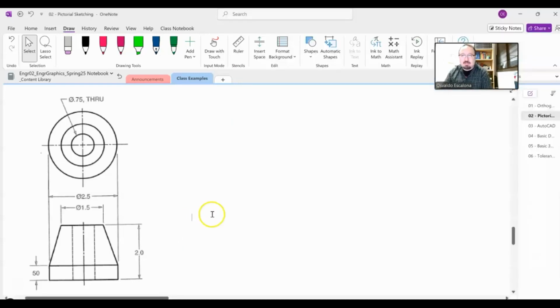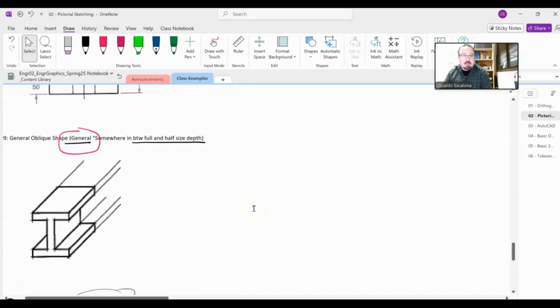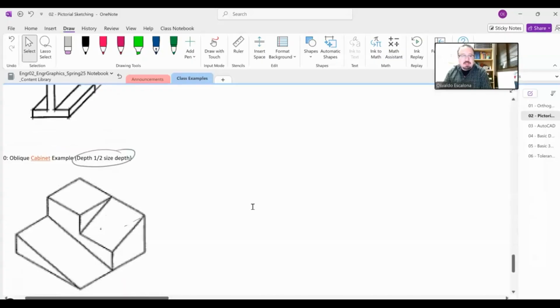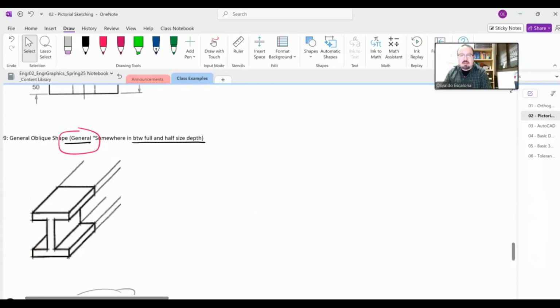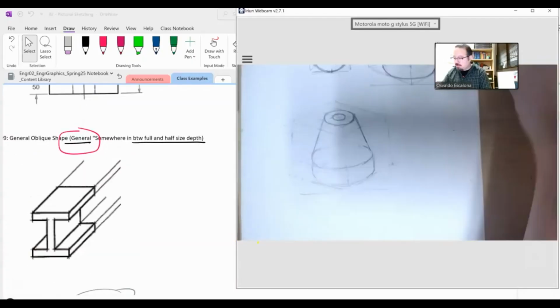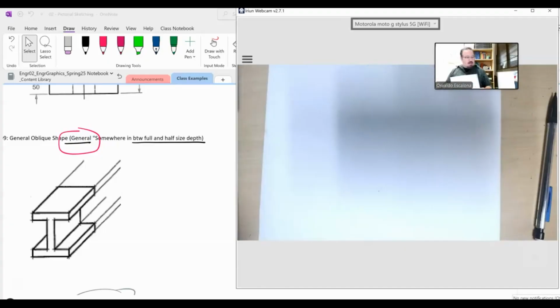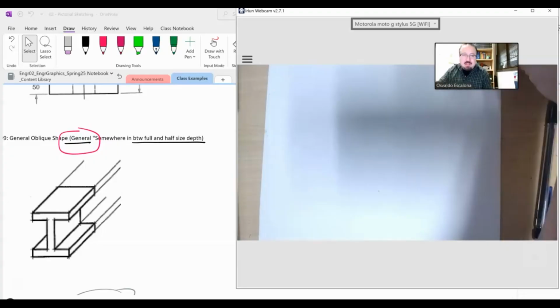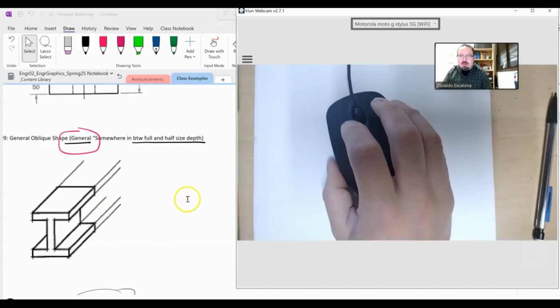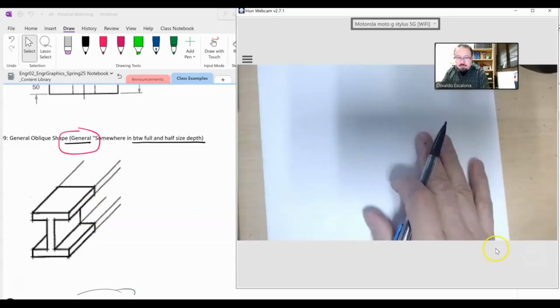All right, so let me see. Let's take a look at the other examples. We talk about the general. These are the obliques. Again, we have different types of obliques. Let's see if I can explain what the oblique is. This guy, what it says, if you want to do an oblique, and this one is your general, is that